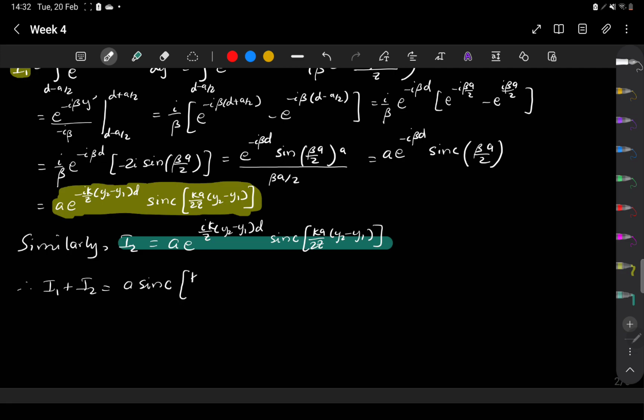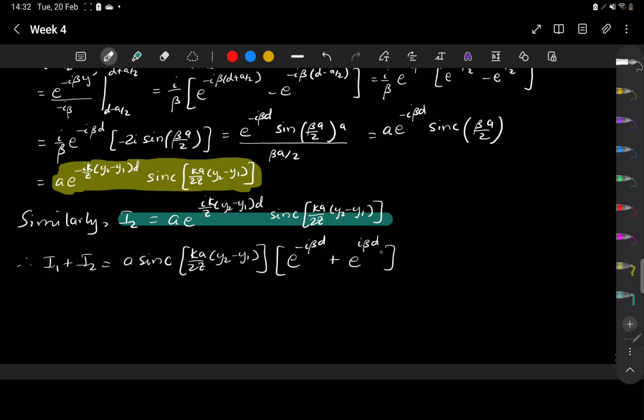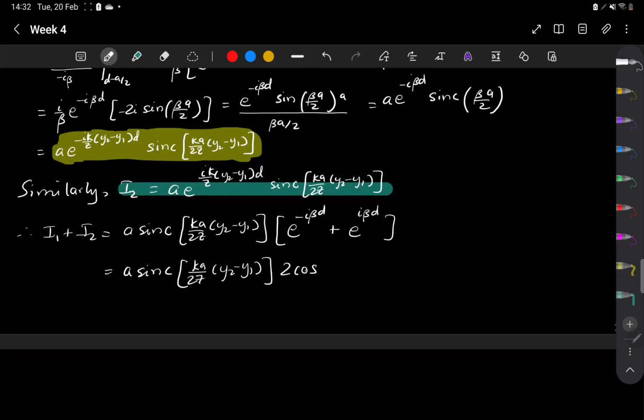The sinc term is common. For the exponential, we have one minus term and then sum with a plus argument. One has a negative argument, one has a positive argument or exponent. So this gives us a cosine function in the end. This is 2 times cosine beta d, where beta is once again